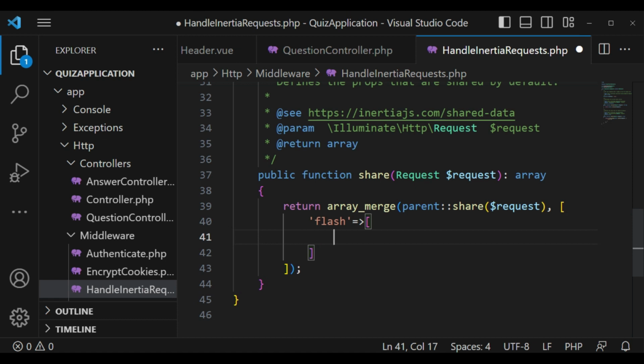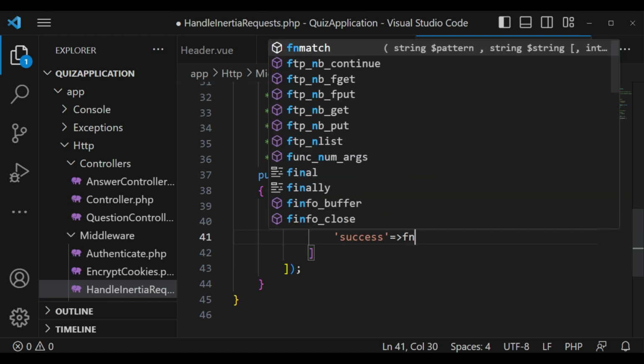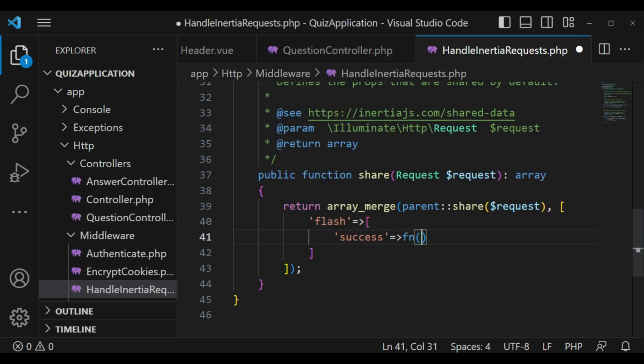Let us have success. So the first one, we are going to call it success, and this means our request has been accepted successfully. So in this case, we can have an arrow function,